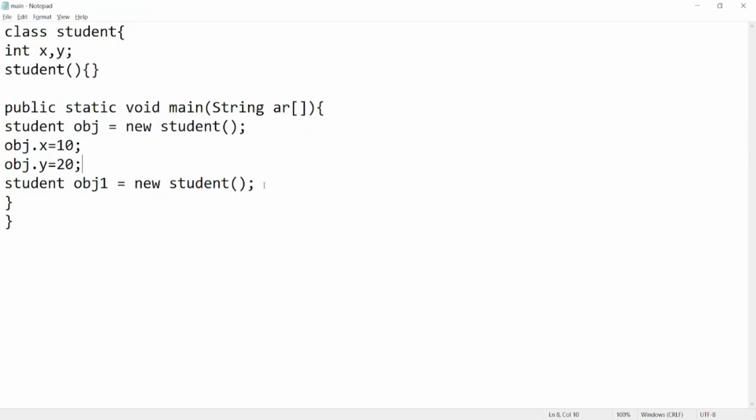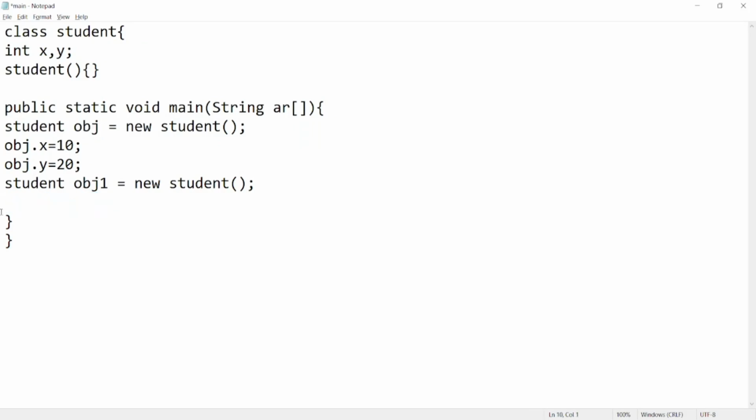What you will do is you will just go over here and type obj1.x is equal to 10, because you can see the values over here. Or you will write obj1.x equal to obj.x, because you want to copy the values of this object obj to obj1. So you can do it like this, but this is a very long task. If there are multiple values in the first object, then you have to write a lot of